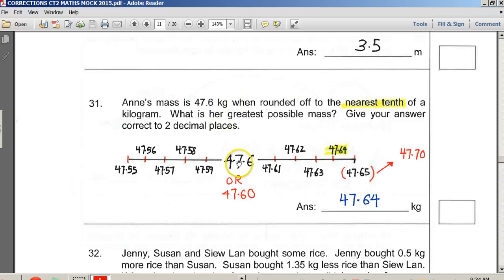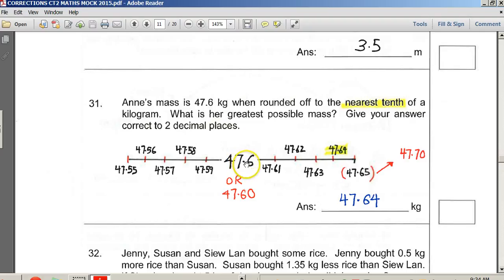Her actual weight could be here, a smaller number, or here, a larger number. Any of these numbers within the range from here to here, if you round them off to the nearest two decimal places, you would have got 47.6. Now what you need to do is to find out which of these numbers being rounded results in